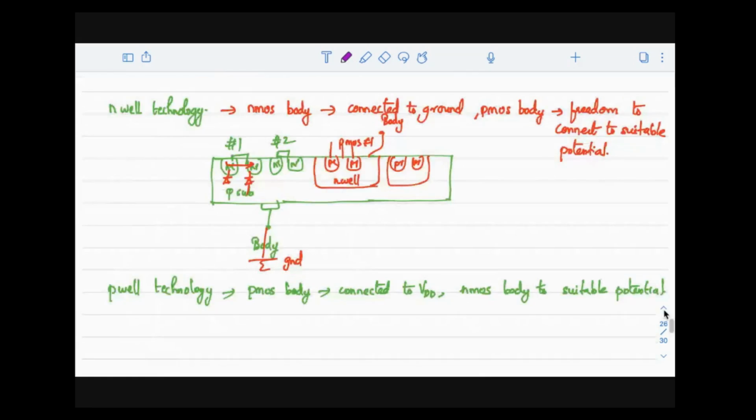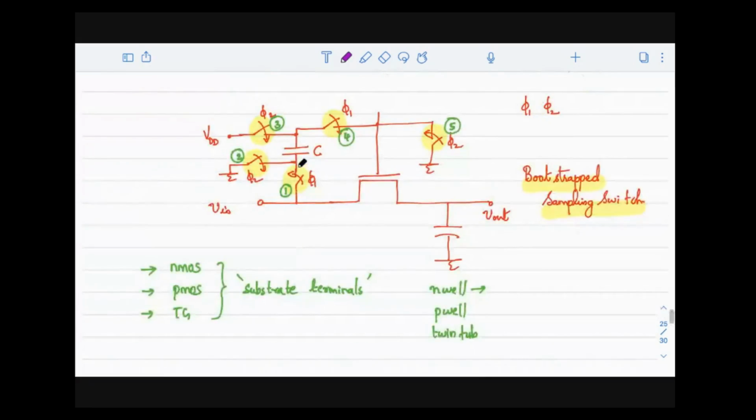So the first switch, if you let me just look at the circuit diagram. Yeah, the first switch is here, which I marked that the clock should be 5-1. Now, let us see the voltages on both sides of the switch, and based on that, we will make a choice. If you look at this side of the switch, the voltage will actually vary from V in. This will be V in. And on the other side, what is the voltage variation?